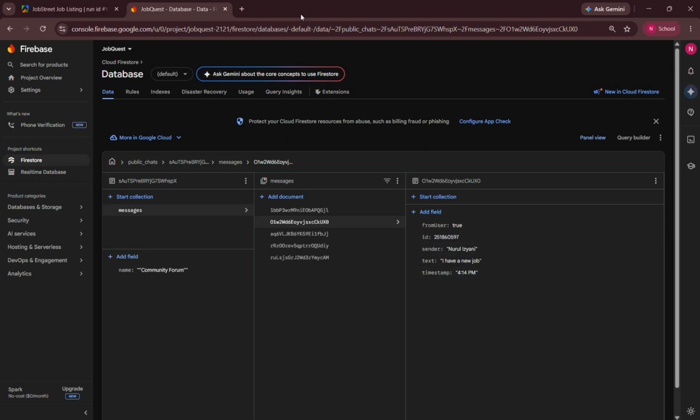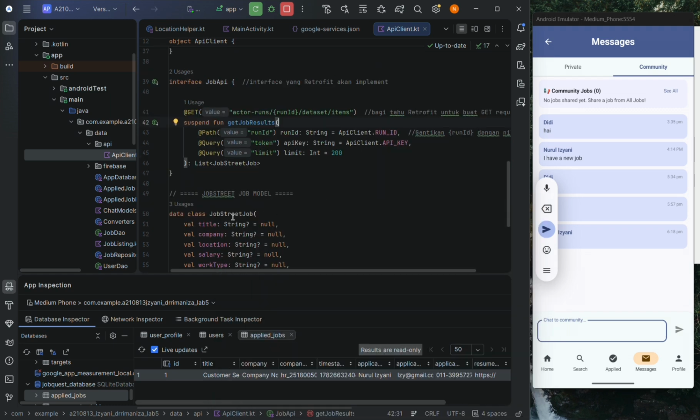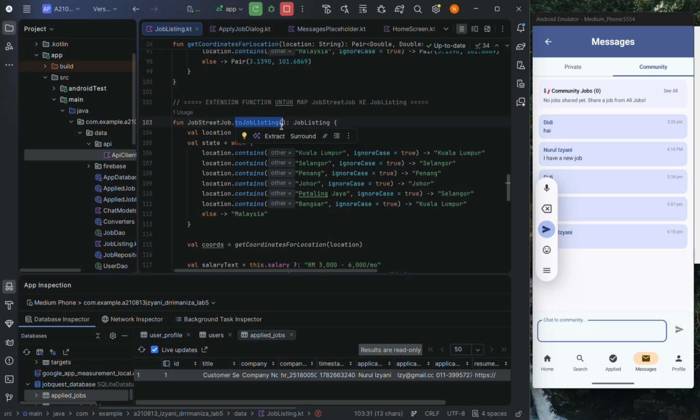Here is my API fetching code. In API client, I use Retrofit with a GET request to the API endpoint. The path annotation injects the run ID and query passes the API token. The response is a list of JobStreet job objects, which I map to job listing objects using an extension function